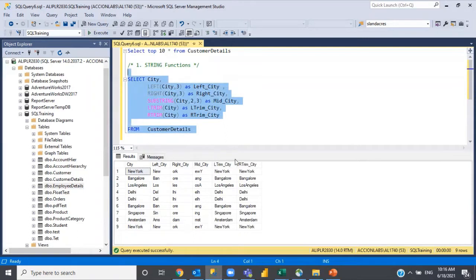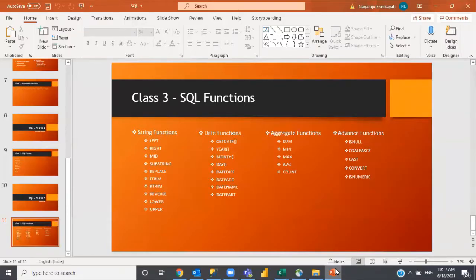Right now I don't have any spaces, so I'm not showing a difference. But if you have a space either at the start or the end, you can use the ltrim or rtrim functions. Okay.